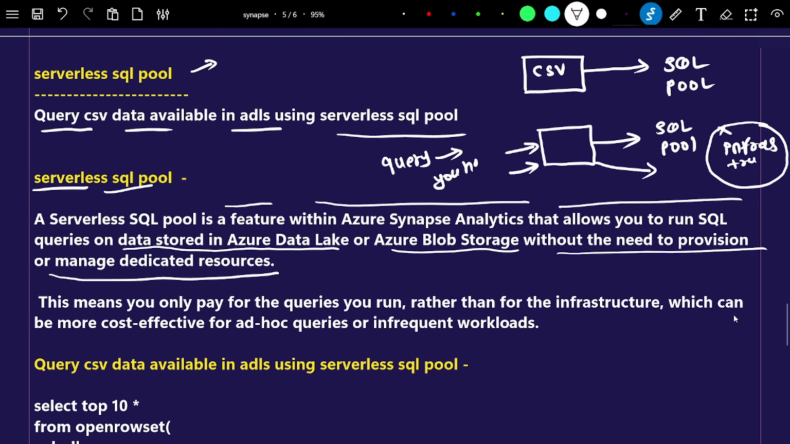For that query only you have to pay. So that is the use of the serverless SQL pool. In the case of the serverless, you do not have to maintain any kind of infrastructure. Everything will be handled by the